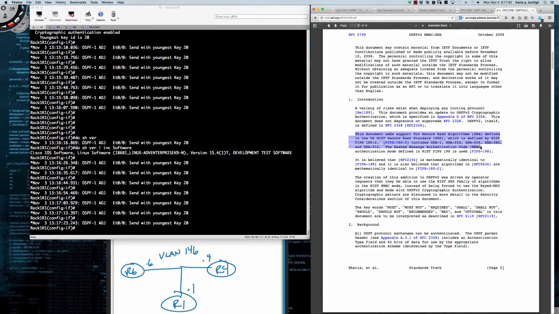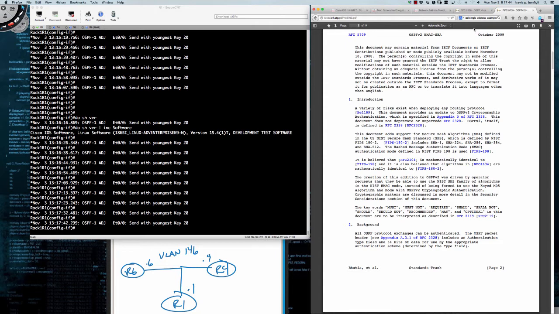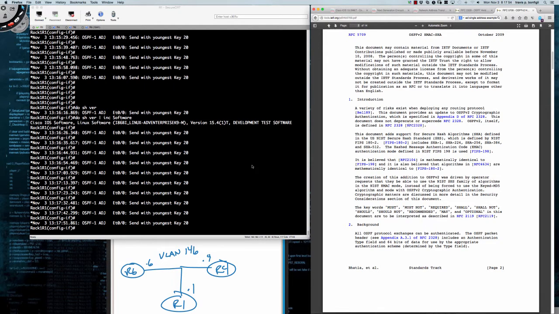And this is a NIST enhancement, and you can see where we're going to be supporting SHA-1, 224, 256, 384, and 512. So again, you should be very familiar at the CCIE level with RFC 2328, and then RFC 5709, which talks again about the enhancements that were made. In the Cisco implementation, you're going to want to be at